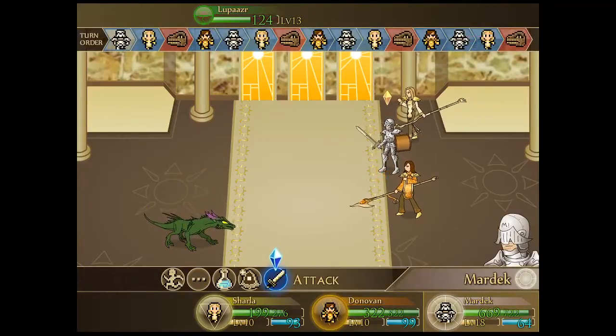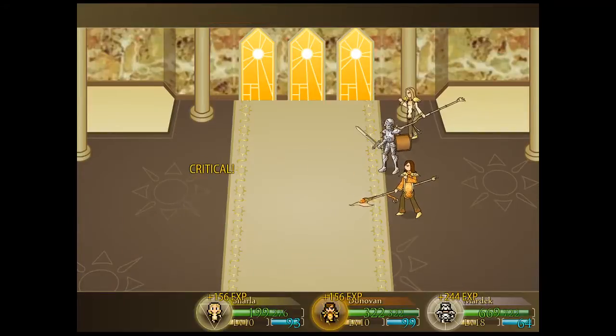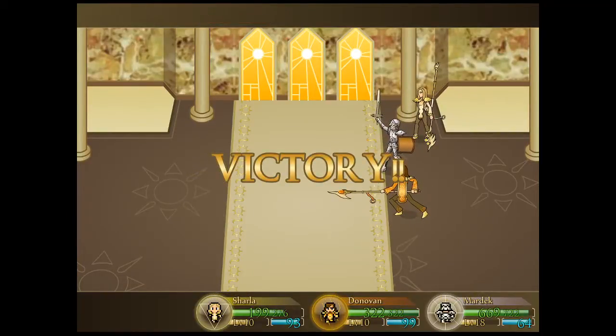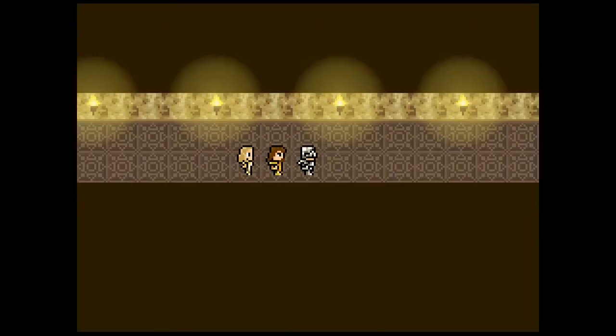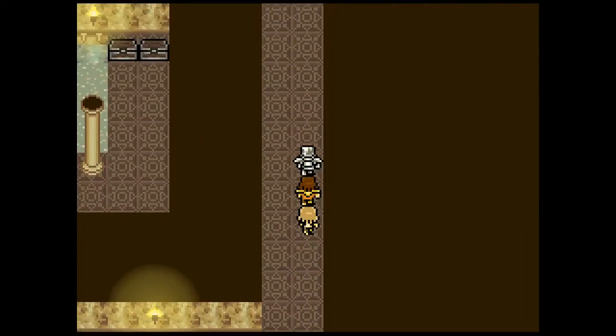They are fairly resistant to fire, so we probably could have expected that Donovan would not deal too much damage there. But Mardek, we were saying it earlier, is definitely, at least at the moment, our strongest attacker. And there is Lightning Bolt mastered for Charla. I believe it is on her weapon, and there probably aren't too many things we would swap that weapon out